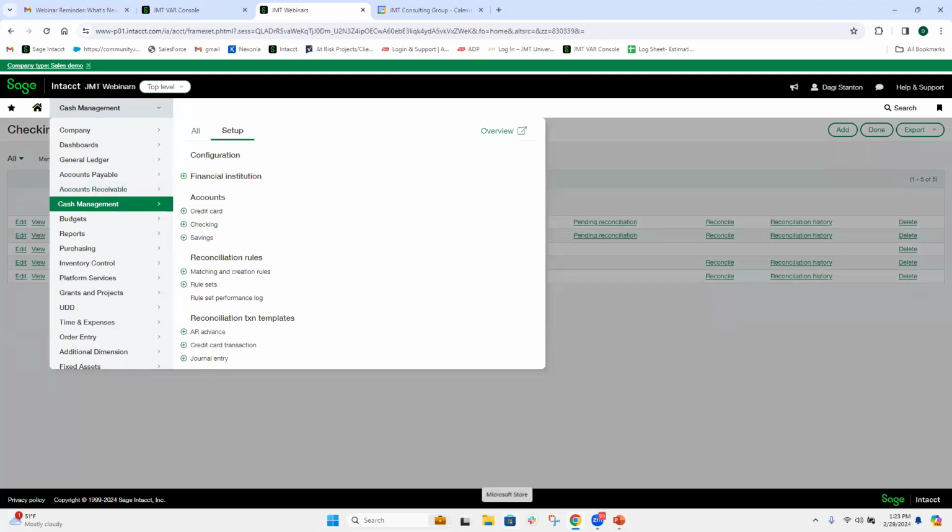For example, if you have a lot of ACH deposits coming in, depositing directly into your checking account, like grant funds or contributions or things like that, then you need to make sure you have some creation rules turned on, because that will allow Intacct, as it pushes in the transaction for that specific deposit, you can create a rule and say, if the description contains, whatever the wording is, let's pretend it's Medicare, I don't know, then